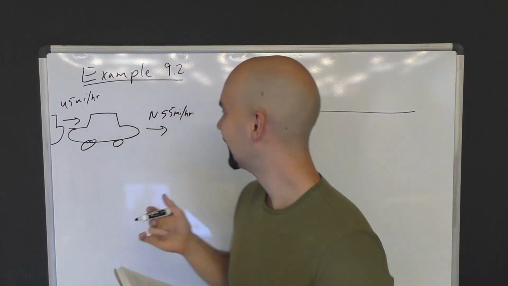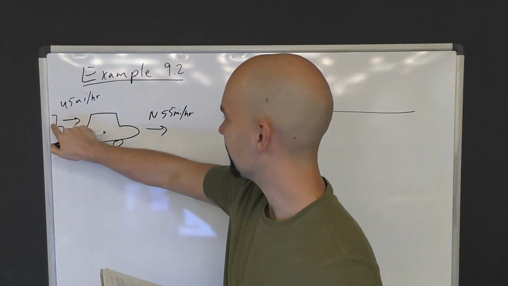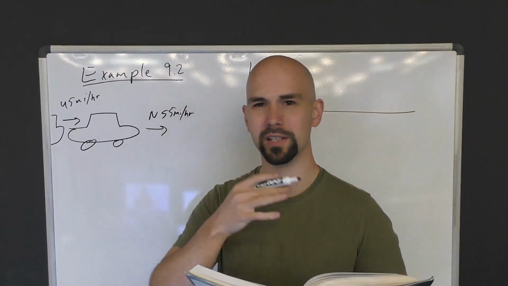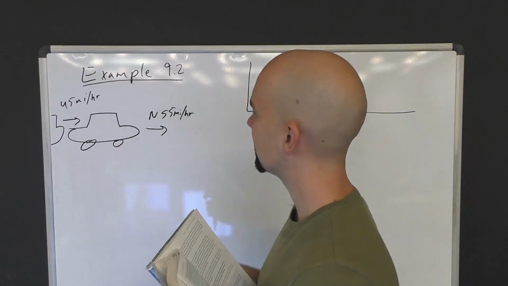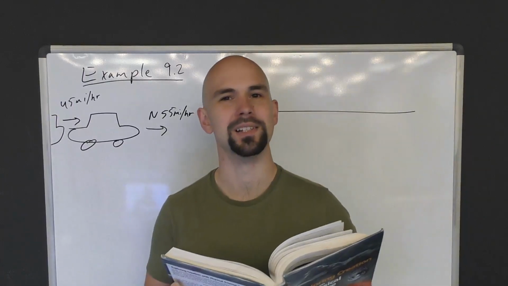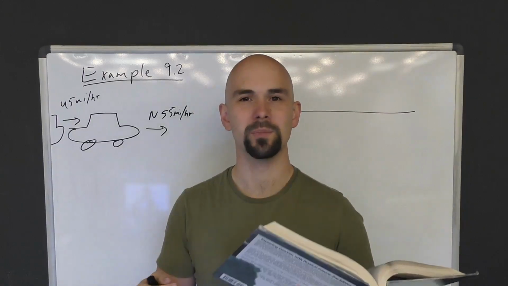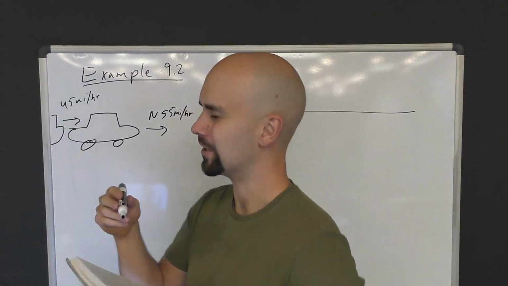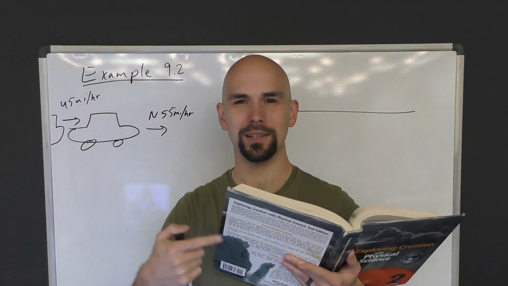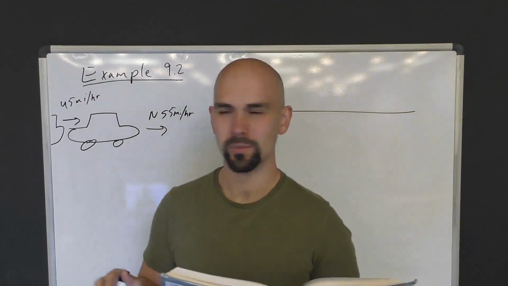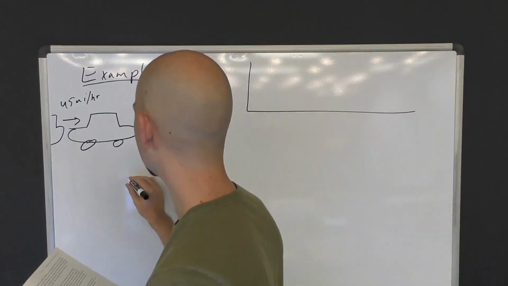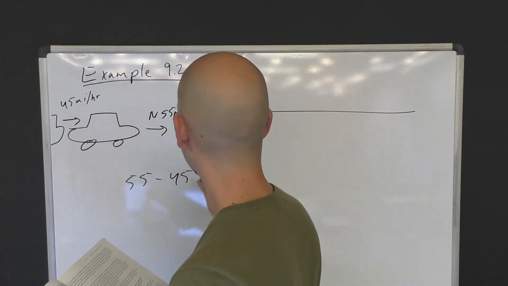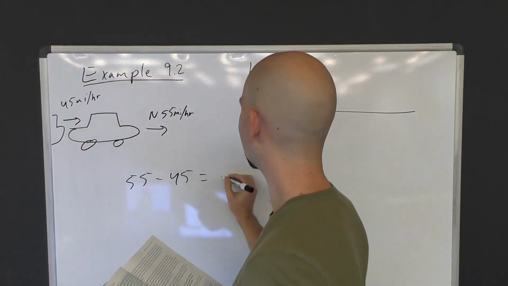That's a good question. And you see that they're moving in the same direction, and when cars or any objects are moving in the same direction, then you figure out their relative velocity by subtracting their speeds. If they're moving in opposite directions, you add their speeds, but if they're moving in the same direction, you subtract their speeds. So we're going to subtract, and let's say 55 minus 45, and these are miles per hour, but